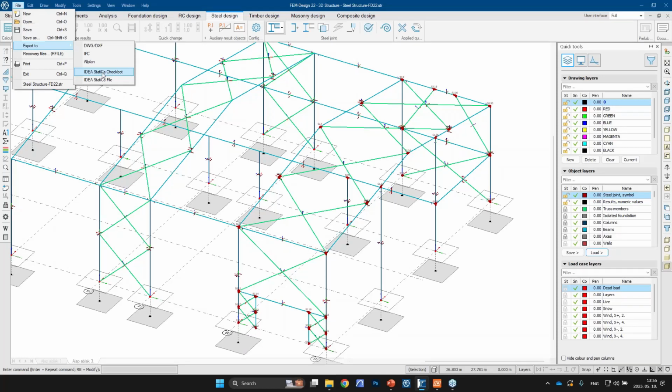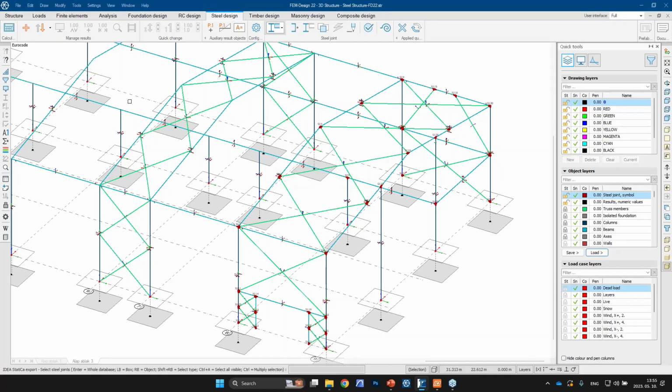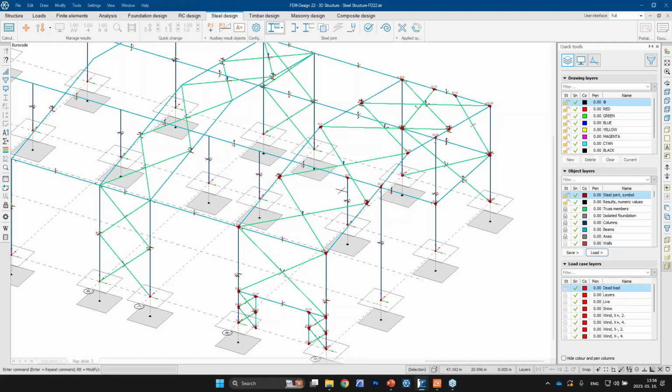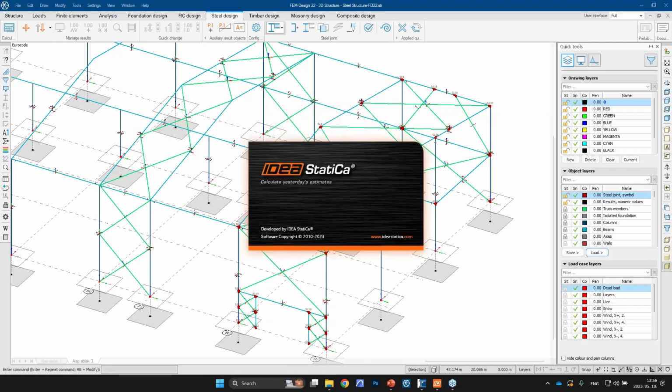Now I go back to FEM-Design and start the live connection. Just click on the IDEA StatiCa Checkbot command, select the nodes I created. And here you see that I can select which version I would like to work with in IDEA StatiCa. The connection detects what version is installed on my computer. Now I use the latest version. And I can give a name for the IDEA StatiCa project. For example, I use today. Then I press OK, and this OK opens IDEA StatiCa